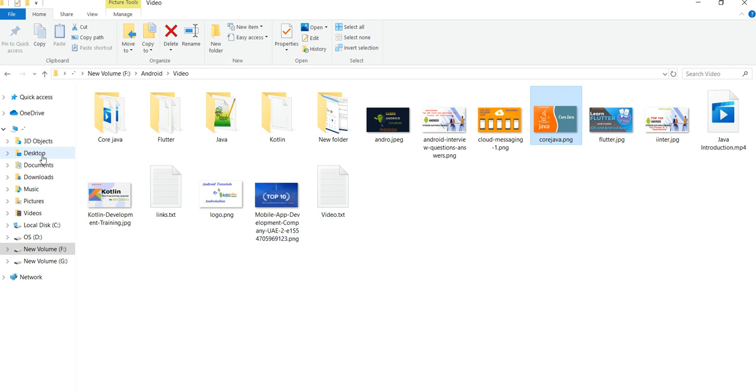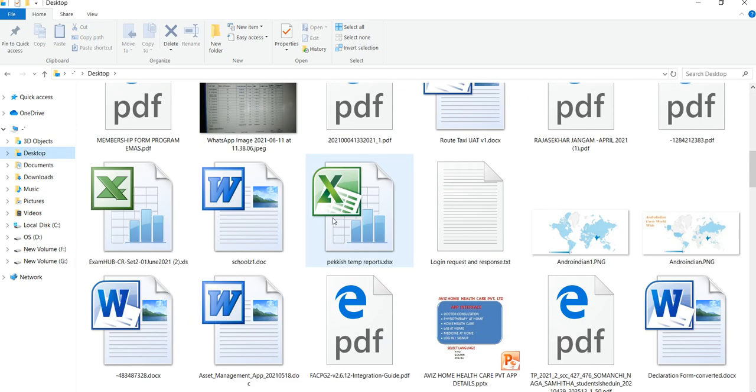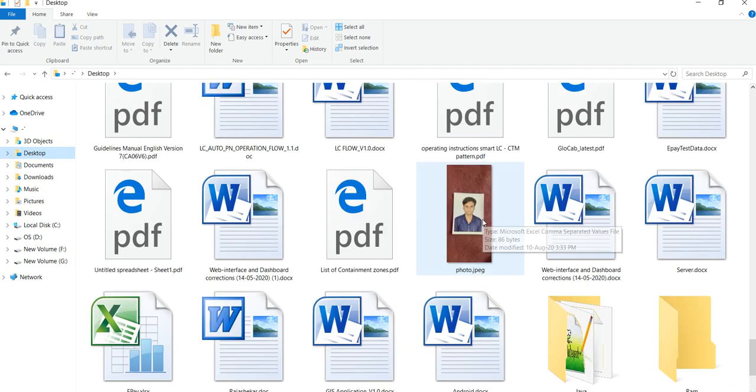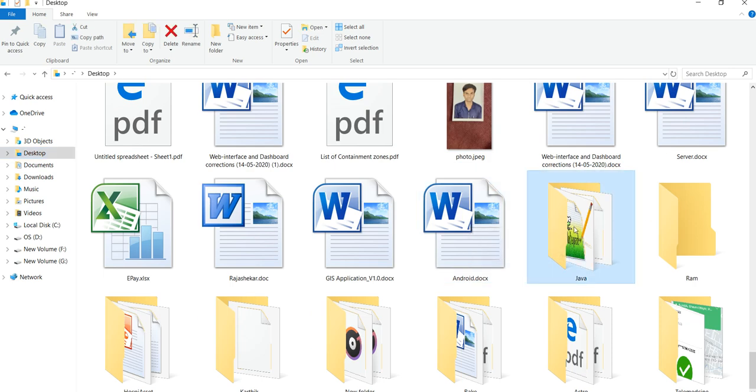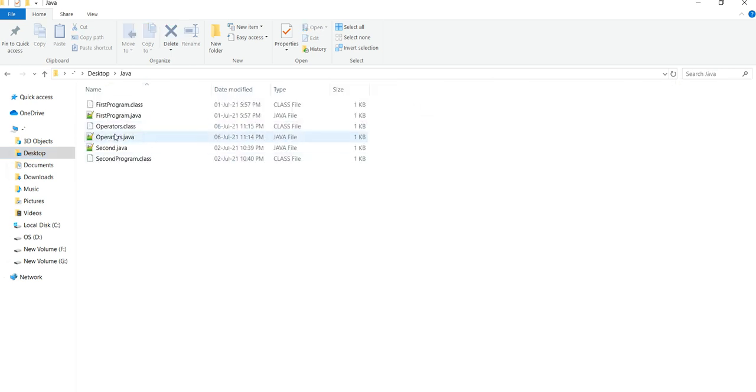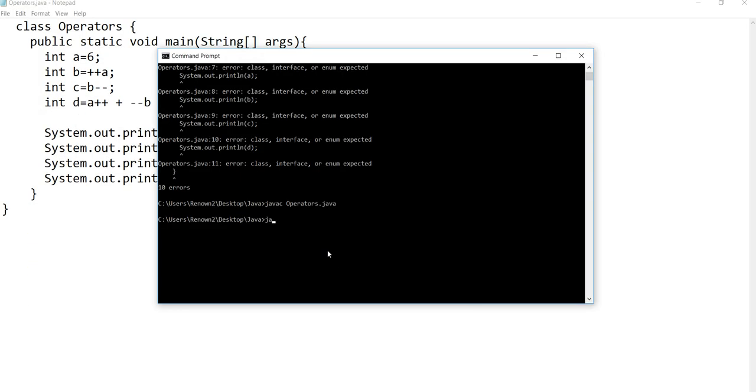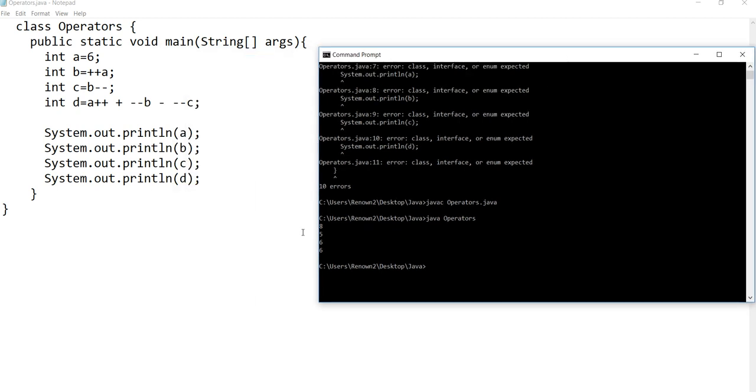Once it is done, we compare. We already discussed that a class file is generated, which is Operators.class. So we run java Operators. Now we'll see the output. a is 6. The value of b is 8.